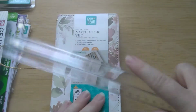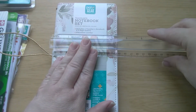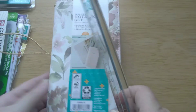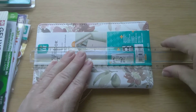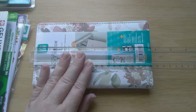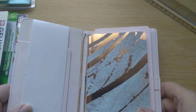Okay. So let's see. This notebook, the cover is about 4.5 by about 7.5. So 4.5 and 7.5. I'm really bad with my sizes. Is that like a B6? I'm not sure, but